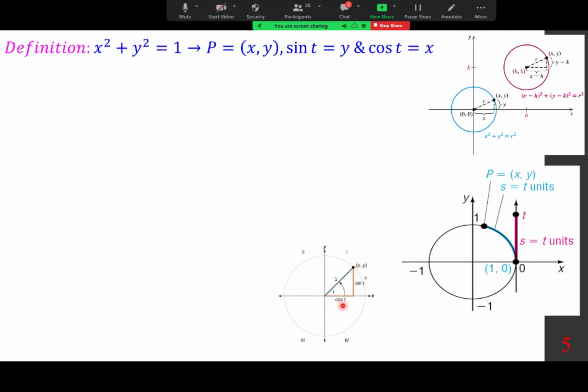According to the definition of cosine, cosine is the adjacent over the hypotenuse. And the hypotenuse, of course, is 1. So the adjacent, the X, becomes cosine,